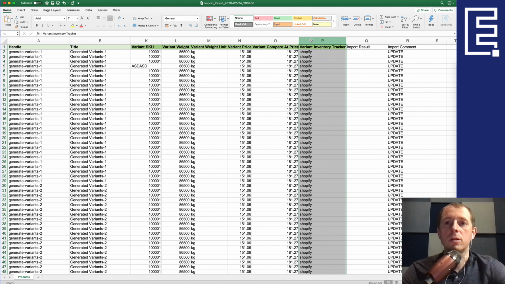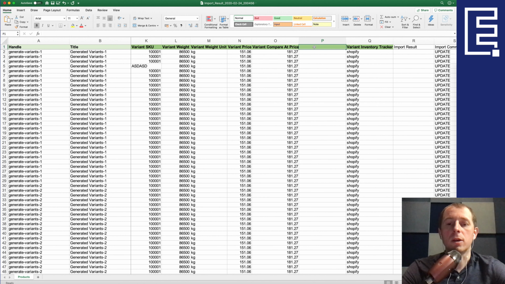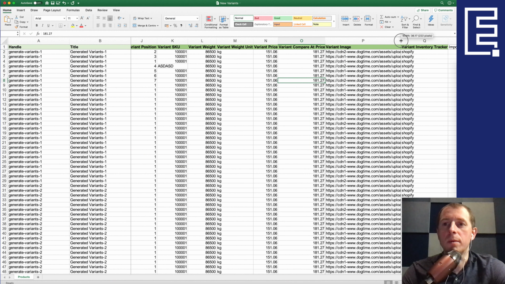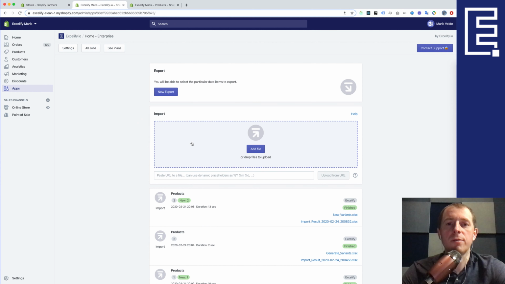Also, remember that you can import also images for the variants. So for example, if each variant had an image, you can say the column is variant image, and you can just put different links into each row. In fact, let me just quickly grab some examples. So I have copied some images here from the web, so that we have some examples for how the images are attached. And we just save our file here, which we edited, and then we go to Excelify, and then